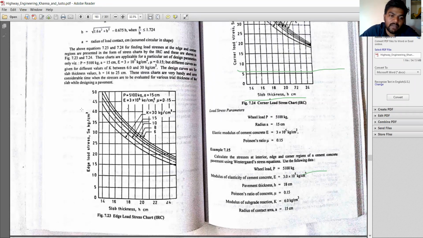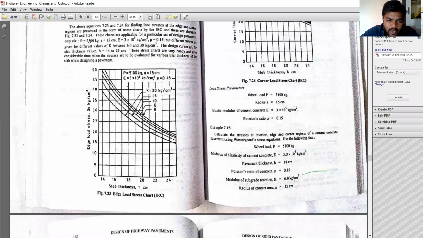Now, as per the IRC guidelines, IRC has given some figures or charts, as we can call them. From the chart, we can directly calculate stresses. For example, see edge loading. Edge load stress is given in a chart. The X-axis is slab thickness, the y-axis is edge load stress, and